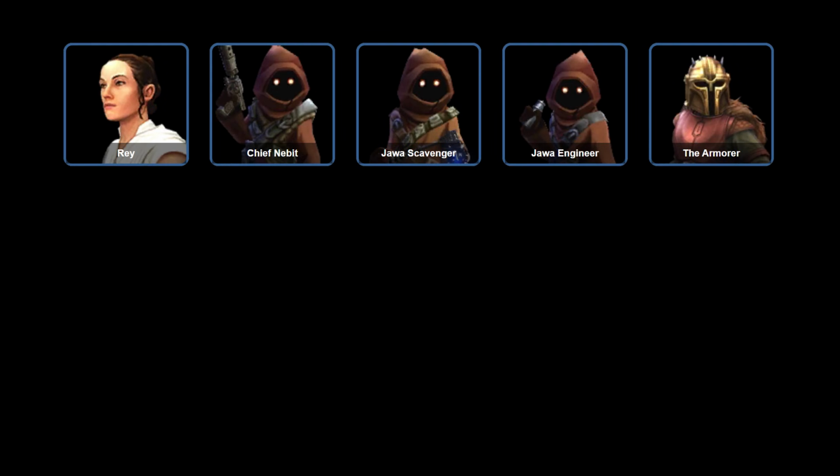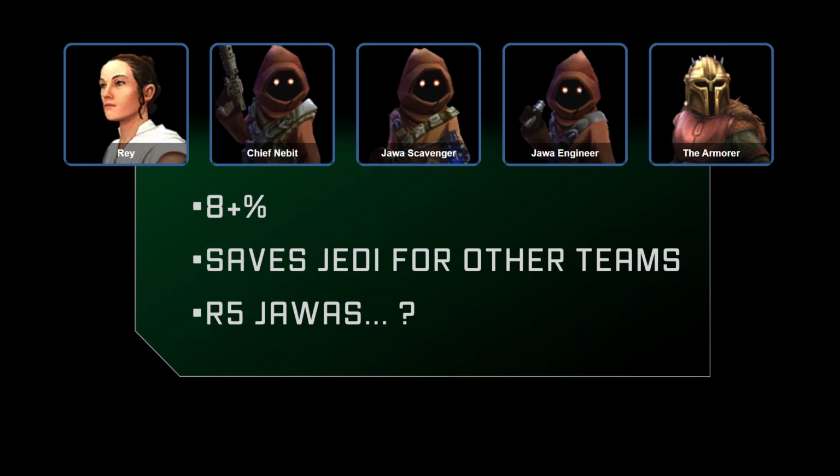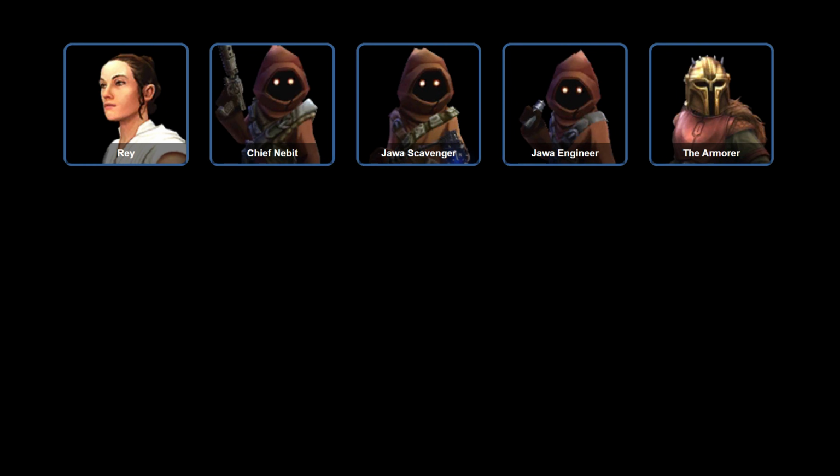First off, we have Rey with Jawas and the Armorer. This lineup can get you 8% in Phase 4 while saving all of your Jedi to use in earlier phases or with Jedi Master Luke. This will net you an overall higher score. So you wonderful people out there who relicked your Jawas, all 3 of you, rejoice, your investment is finally going